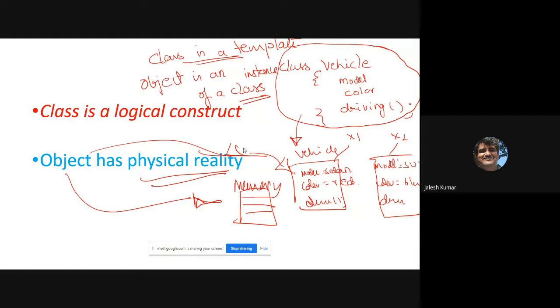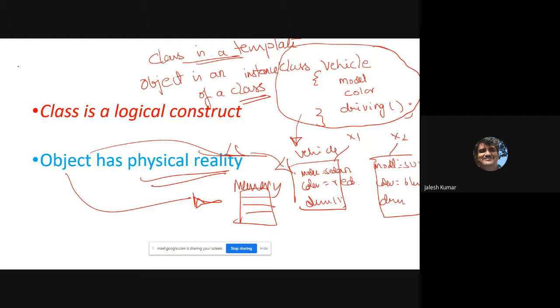And it is suitable for writing, so it is together with the behavior. That's why it is called an object. So in C, we are dealing only with data, but in C++ object-oriented programming, we are dealing with data along with behavior. That's what Java also does.